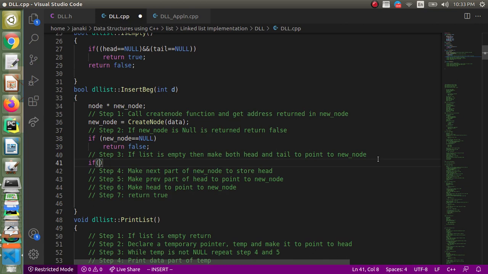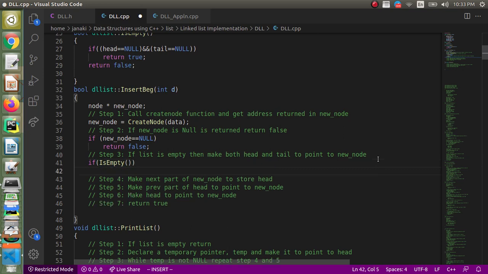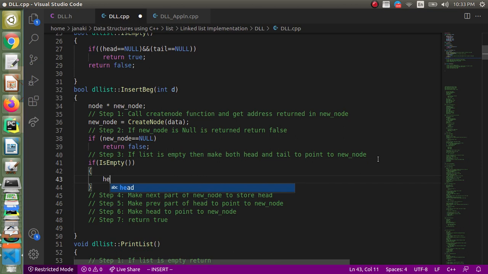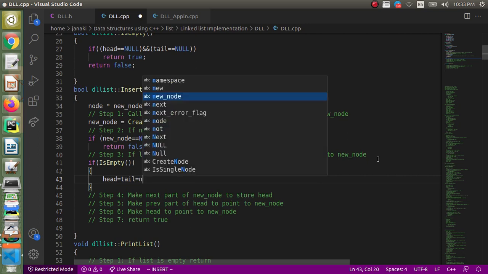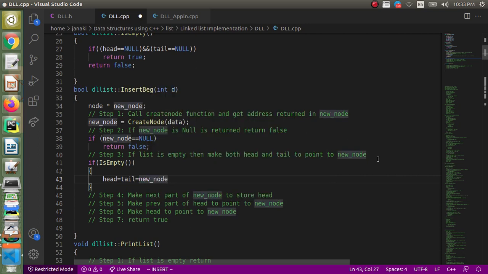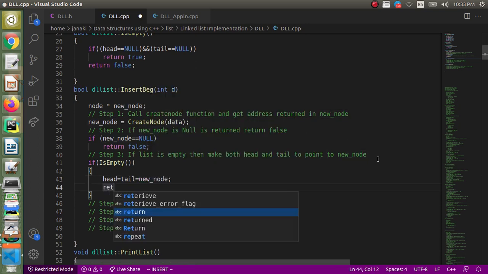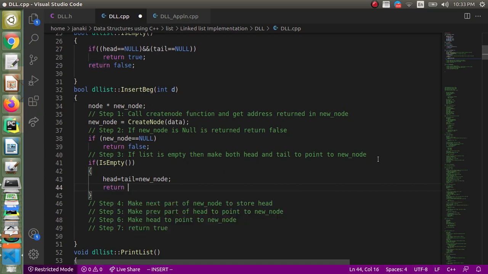So let's call the isEmpty function with the implicit object. If the list is empty, then we have to make both head and tail equal to new node. We can do this, and we have to return true.